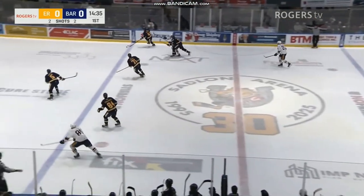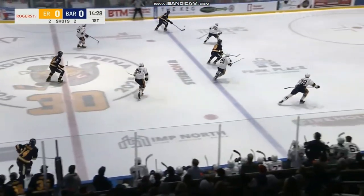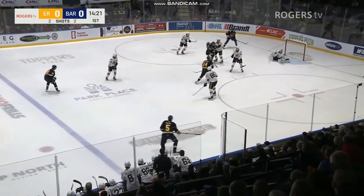Far side, that's Riley Patterson. Tried to chip that in the zone. Schaefer knocked that one out of the air. Challenger receives the pass, puts that one across. Messier catches up to it. Schaefer was going to the net. Here's Schaefer coming back to the blue line. Waits, fires, and that one